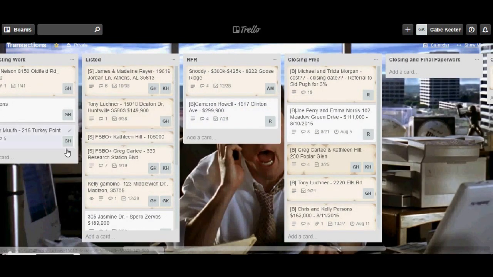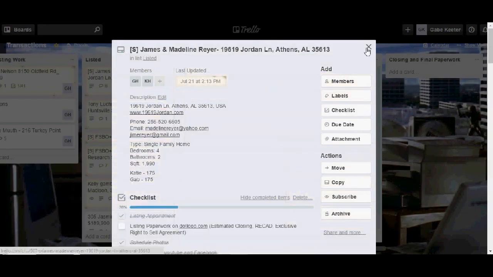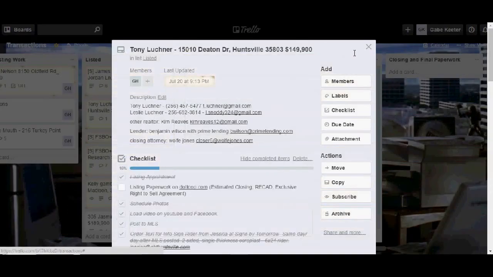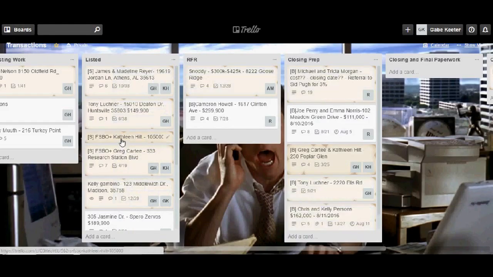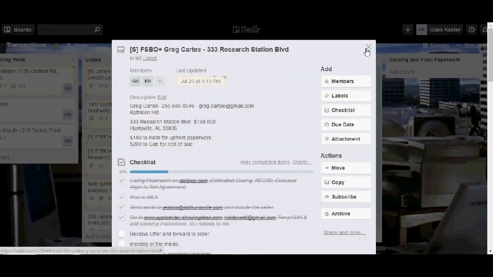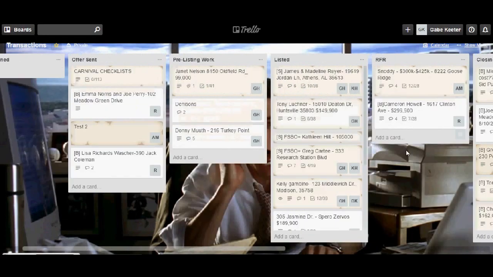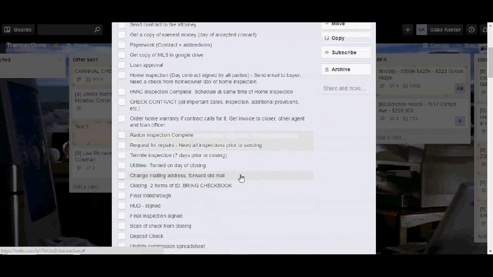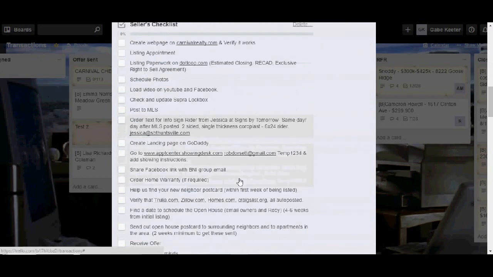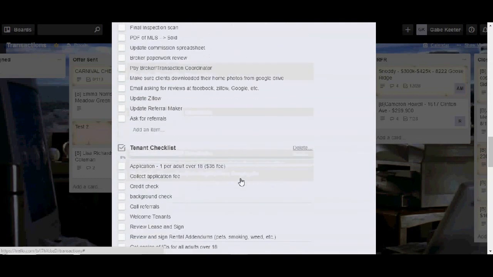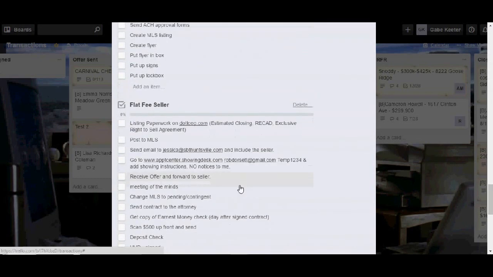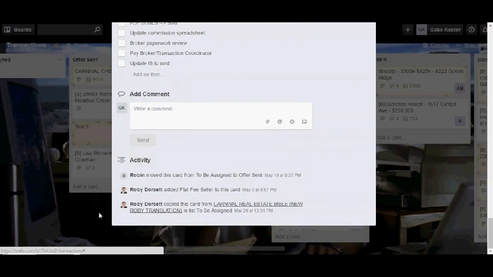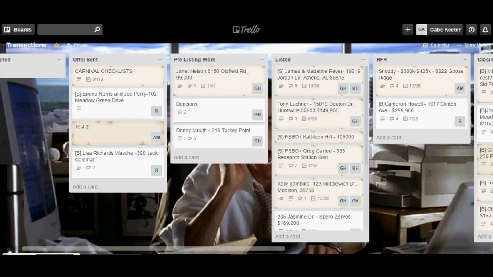Now, if you notice, each of these has a checklist. Well, that's a lot of checklists. That must take a long time to set up, right? Well, this one doesn't have one. Actually, no, they don't take that long to set up, because this was created, and it has all the different checklists for all the different types of transactions that a realtor may need. Speaking of realtors, you still need to know how to do this for the assistant